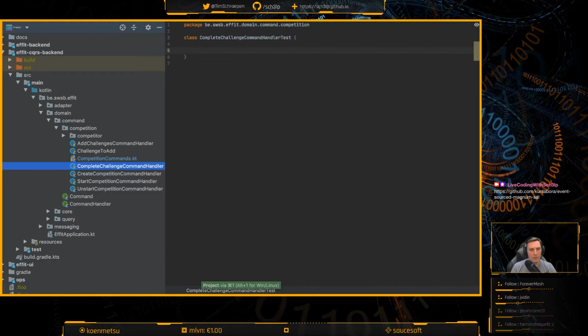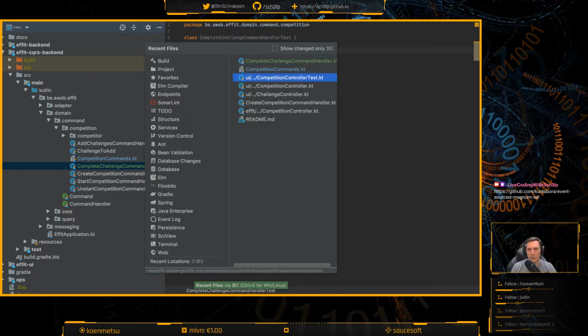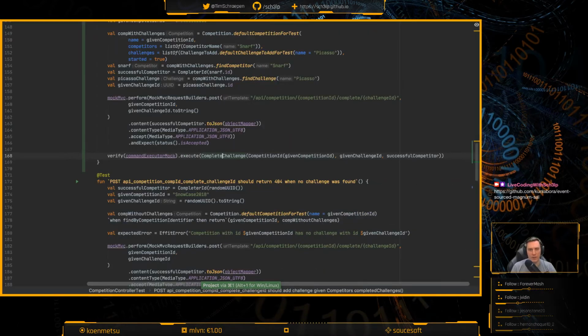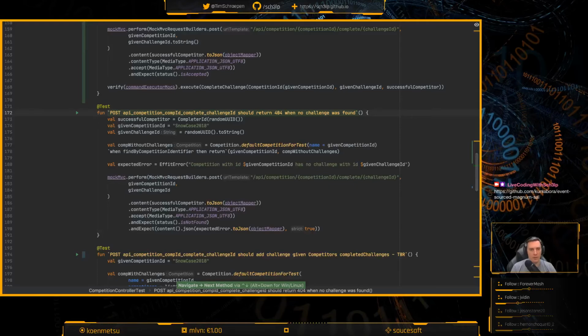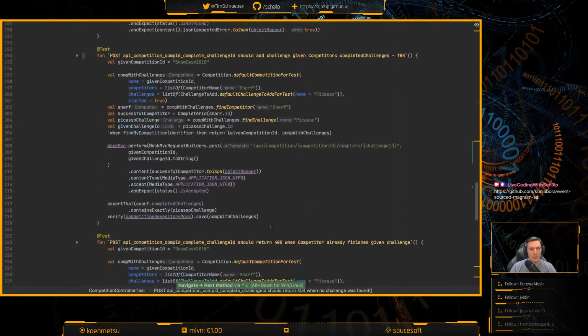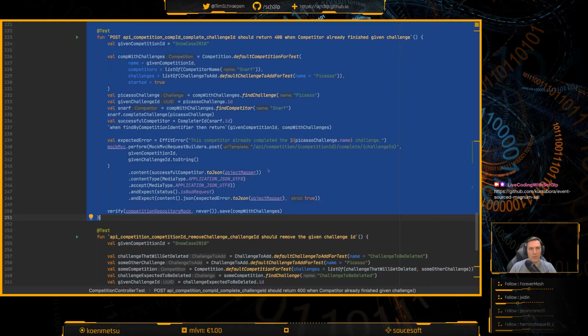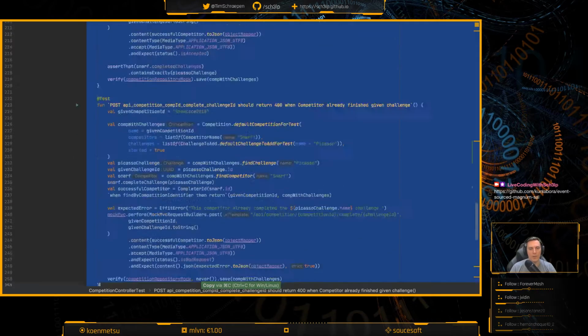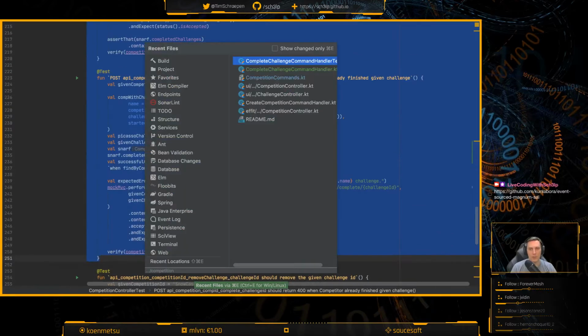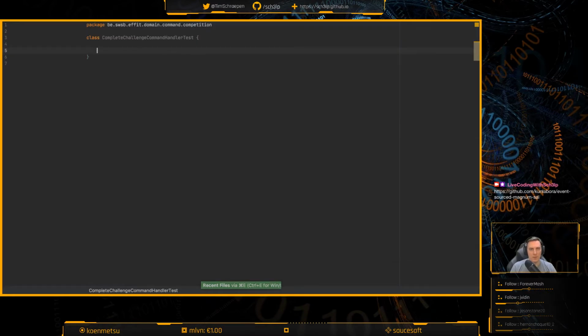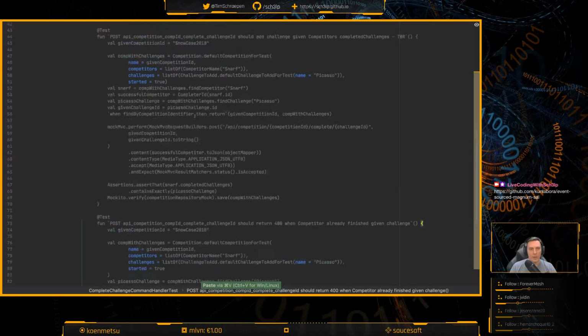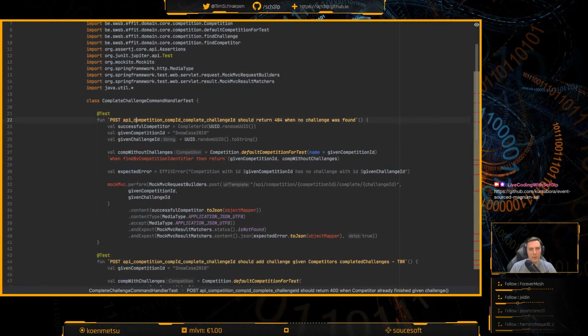And then we'll go back to that controller test and then basically take all of these. So this is everything we'll need for completing challenges, because here's removing challenges. So these are the tests that we need, and we'll need to rewrite them a little bit though. So I think it's called handle.